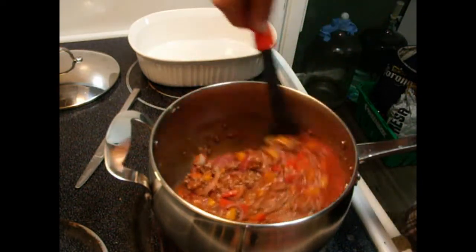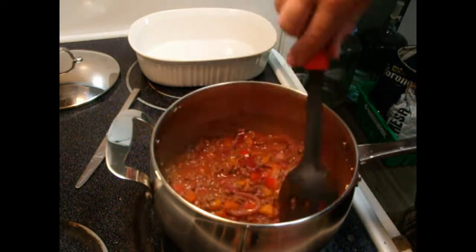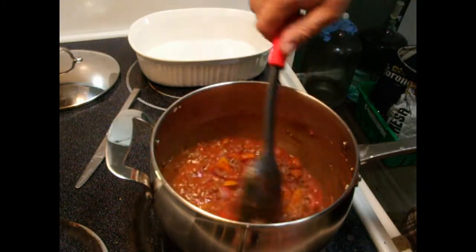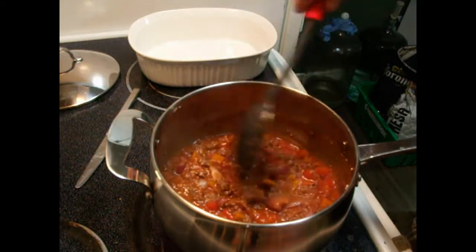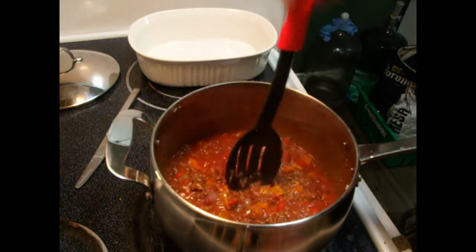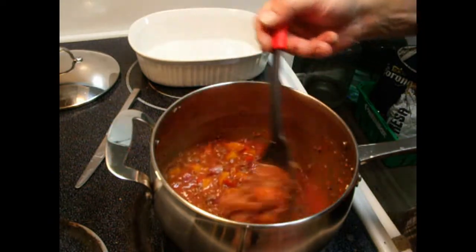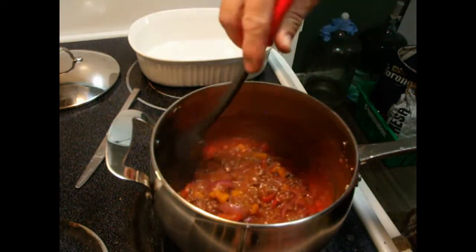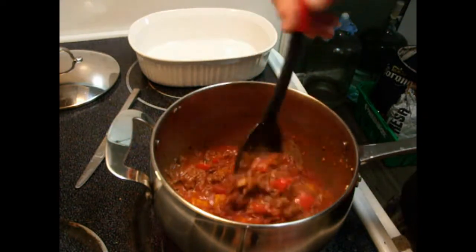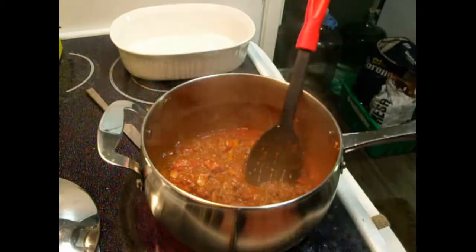And I'm going to reduce the heat on this. I'm going to let it simmer a good 10 to 12 minutes minimum, just to incorporate the flavors. I'm going to let my peppers soften up a little bit. My onions will continue to soften up. My meat's already cooked thoroughly, but it's just a matter of letting your...